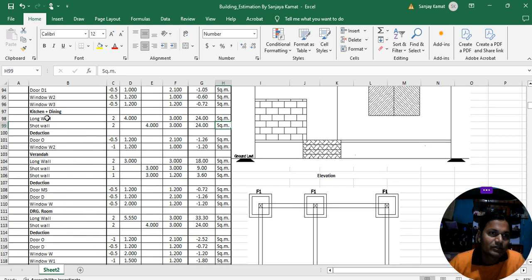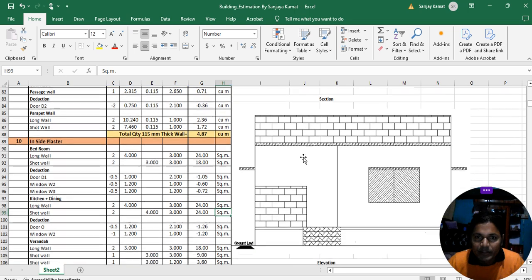Deduction for the kitchen plus dining. What will we deduct here? Now we are going to replace door O and window W2. Replacing means we are deducting, because that portion, that area, will be covered. So for door O, we are taking the number minus 0.5, and similarly